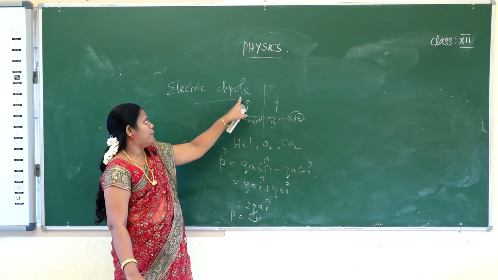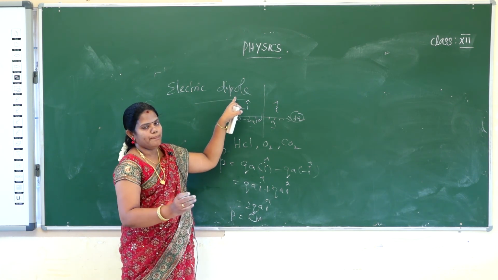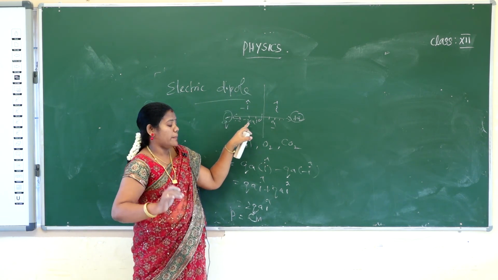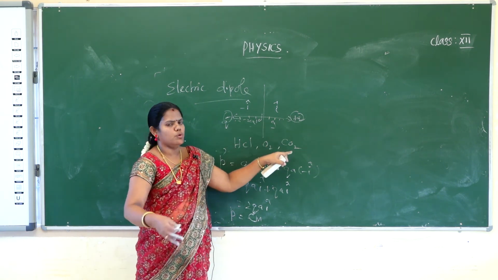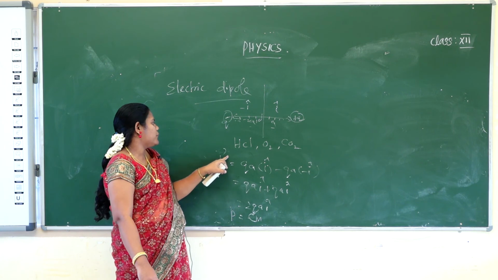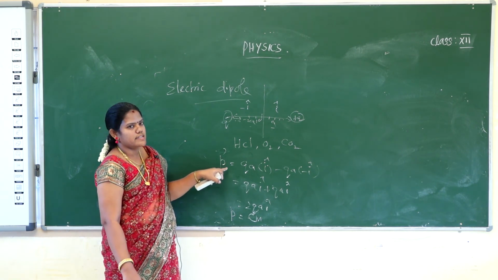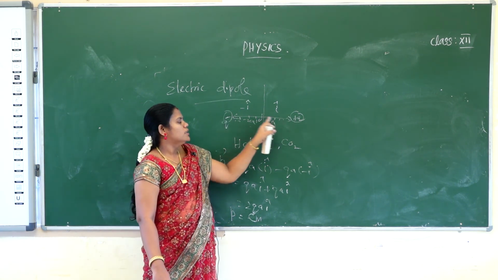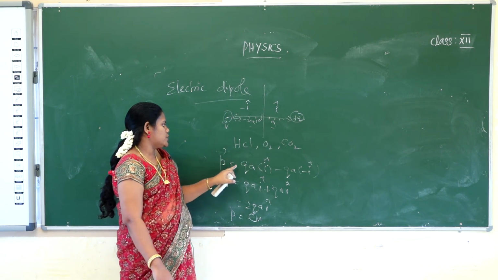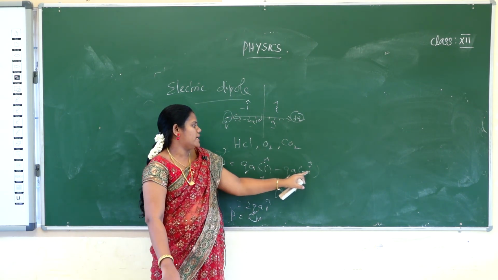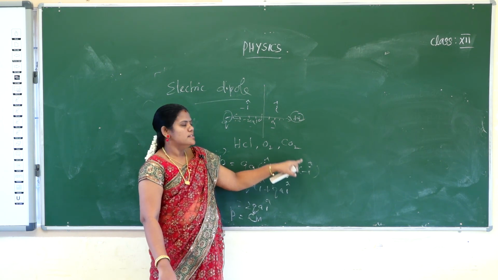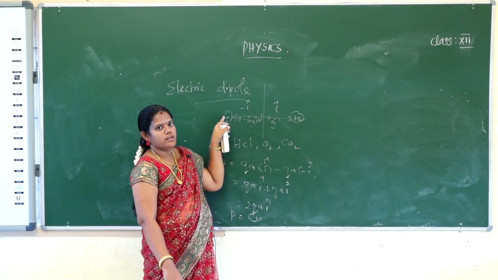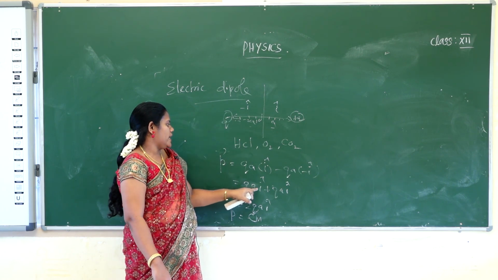So what is meant by dipole? Two poles constitute a couple, separated by a distance 2a. And what are the examples? HCl, O2 and CO2 are more examples of electric dipoles. And electric dipole moment is nothing but the difference between the two moments of the two charges, that is QA I cap minus QA minus I cap. How will you put the minus I cap? Minus I cap is on the left side of your y axis, so QA I cap plus QA